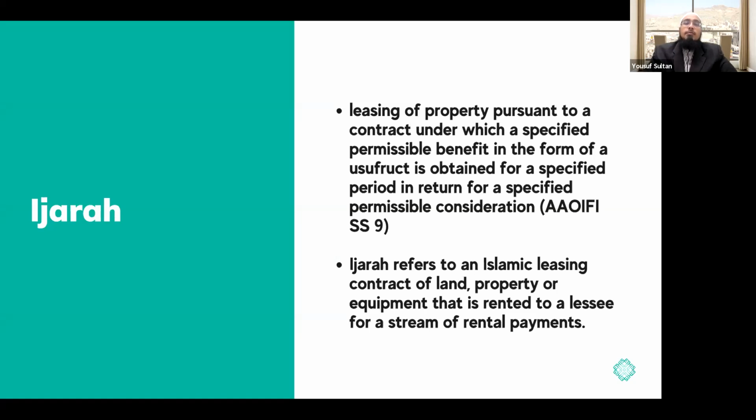So for example, in Malaysia, we have Grab. In other countries, there is Uber. So with those applications, we rent the car for a certain distance. In some cases the bill is based on the time, and in some cases based on a combination of both time and distance. So these are all examples of an Ijara contract. The asset itself is not sold. The ownership of the asset is not sold. Rather, the utility or the usufruct of the asset is sold.